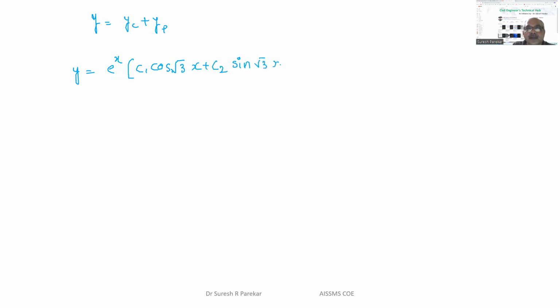So this is our complementary function. Now we have the particular integral, and that is plus